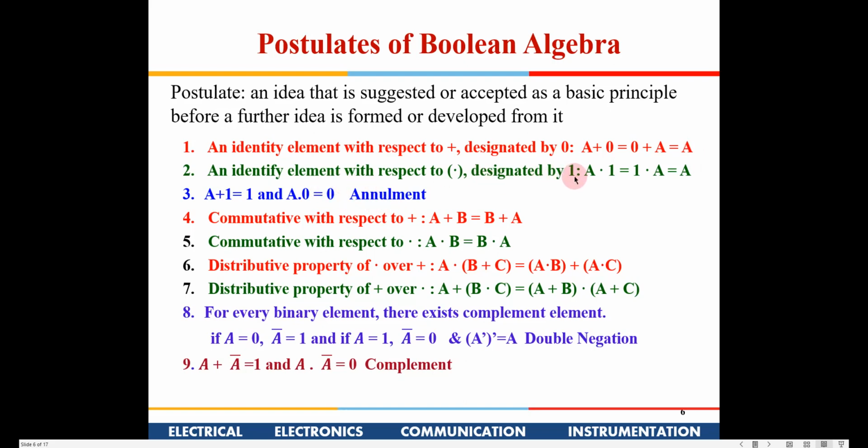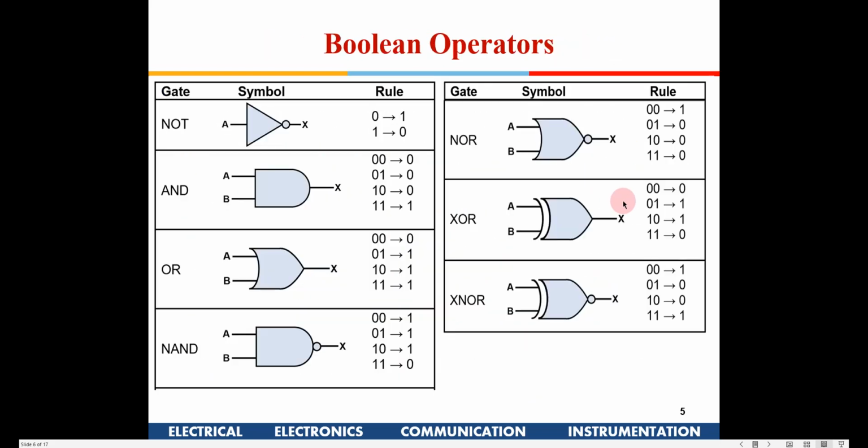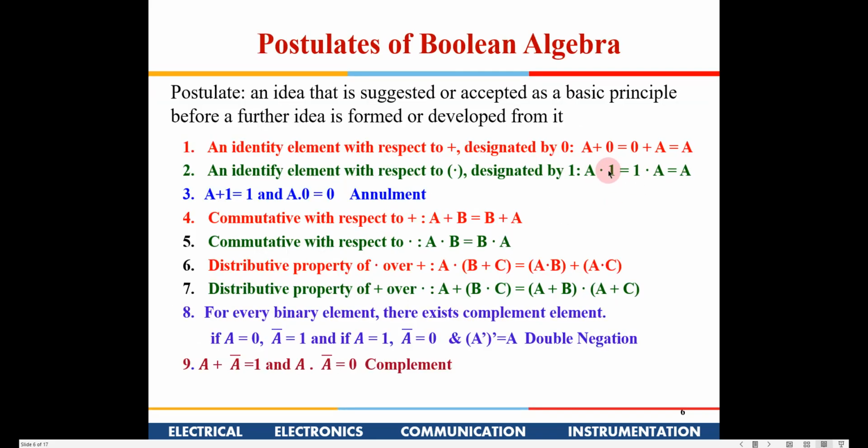Similarly, I have the identity rule of logic 1. Here it says A dot 1 or 1 dot A is A again. If I go back here, this is an AND gate, and I am putting a 1 in B. If A is 0, you will get an AND of 0. If A is 1, then 1 AND 1 is 1. So it says A and 1, 1 and A is A. So these are the 2 rules. Is this clear, Ritika? You could use your mic, or you can put it in the chat box. If there is an interaction, it would be good. Okay, good. So these are the 2 basic rules.